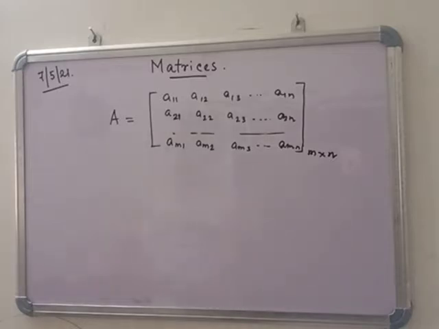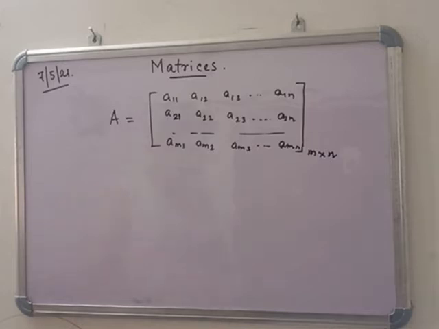So now we know what a row matrix is, what a column matrix is, and we have also done the addition of matrices, the subtraction of matrices, and the multiplication of matrices. Now we are discussing some important